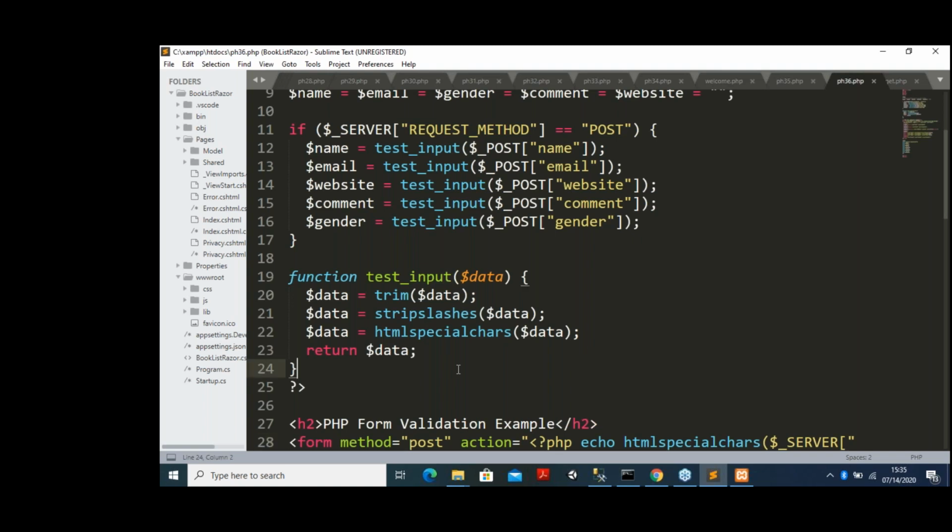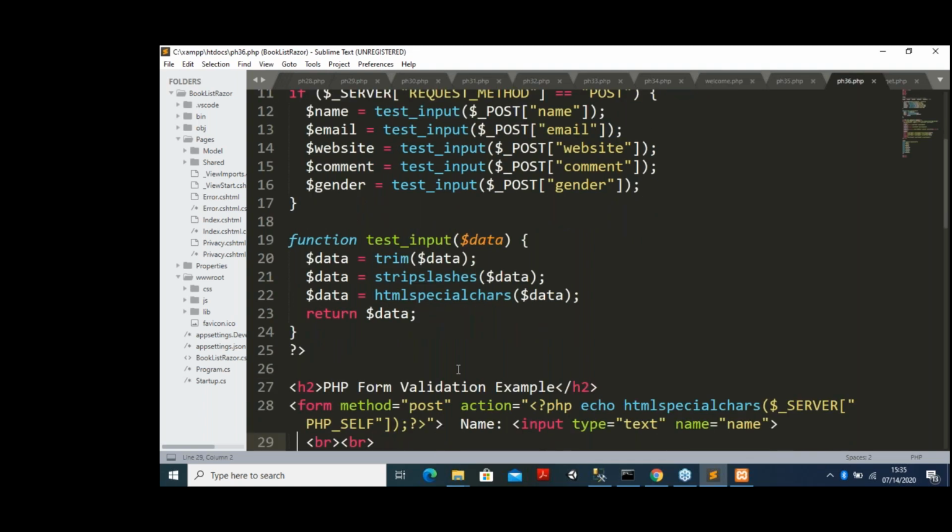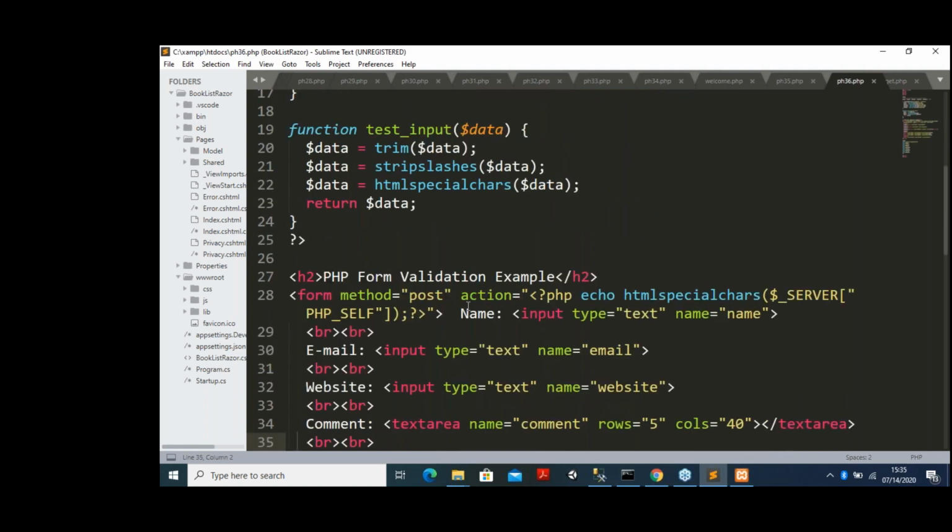Then coming to this PHP here, I created a form. "PHP Form Validation Example" will be displayed. So method is equal to post, action is equal to, it will show <?php echo htmlspecialchars, all the things it is there. So it is showing PHP_SELF. That means whatever the data you are entering here, it has to show to me itself here. So name is equal to, it is taking input, type name is the label, and input type is equal to text, the text box, and the name is name, BR.